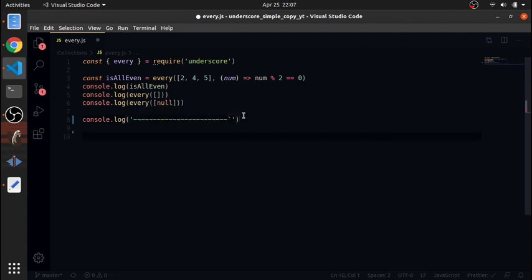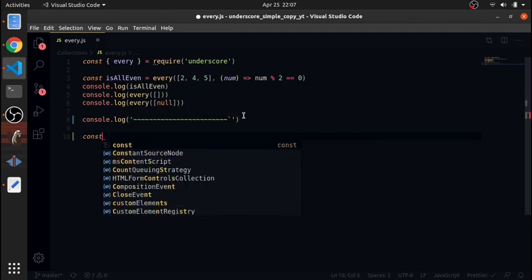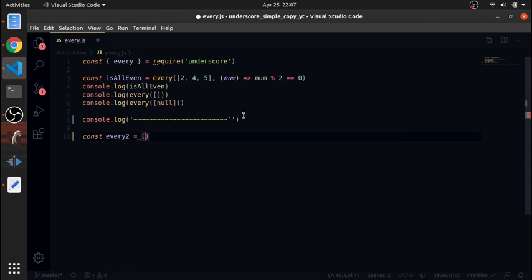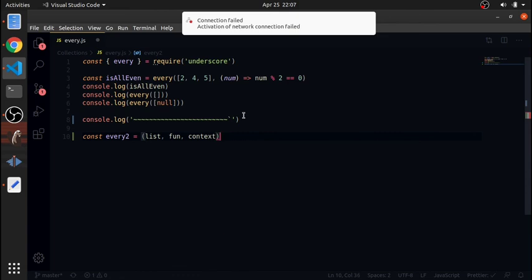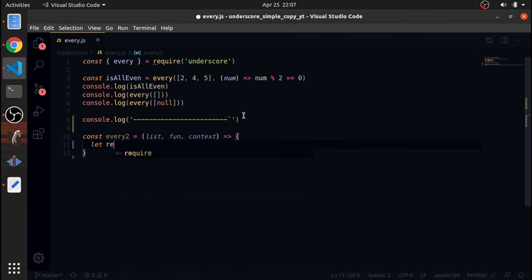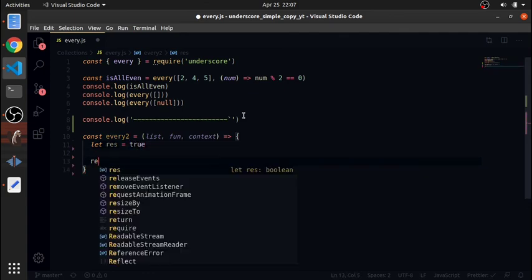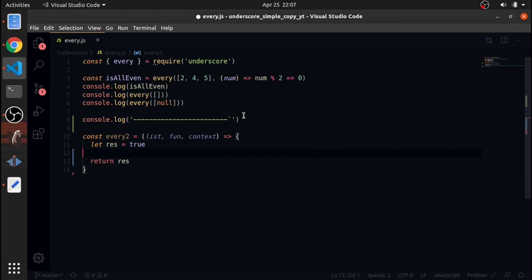Okay, now const every2 will accept a list, a function, and a context. Now let's assume that everything in the list is truthy. So this is it, and I'll just return that. But before I return it, I'll just check. So for of